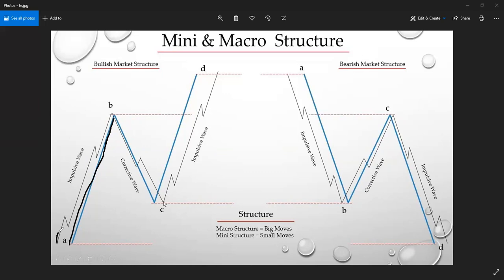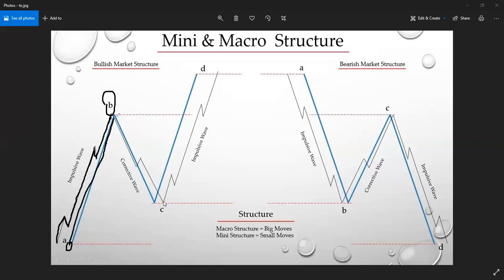There are the minor structure, which is this small one. This one, the minor one. If you go to chart, you will see it. All these are minor ones. But the real impulsive move is from here to here. That is why a real correction